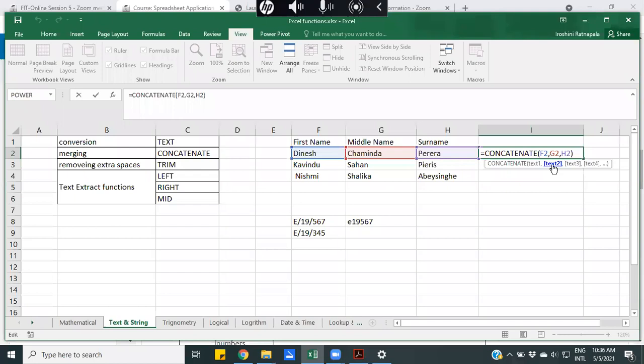So how to write a space? We can concatenate it the similar way that we can concatenate any text, if we put it with double quotation, right? So open the double quotation, keep the space and close the double quotation. Then that's how I can concatenate. Instead of the space here, you can concatenate any word or any character or any number if we put it in between the double quotation. So then I concatenate one space in between F2 and G2 and another space in between G2 and H2.